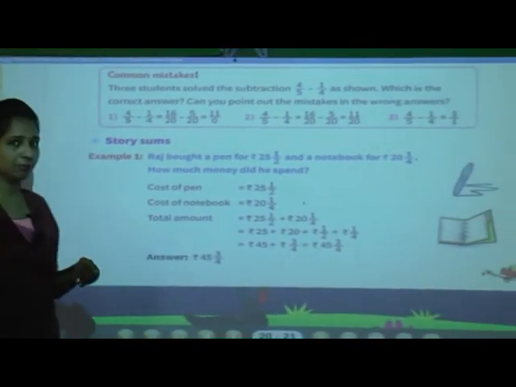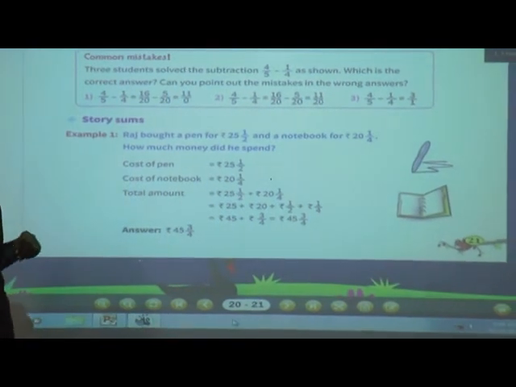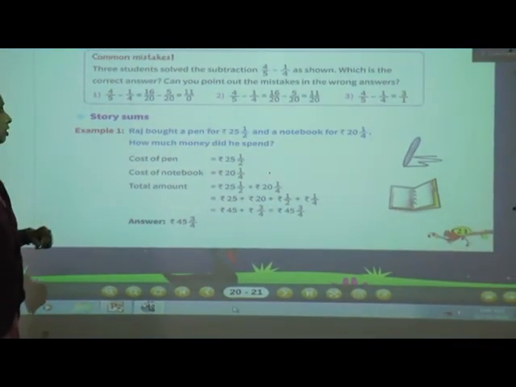So what have we solved in our last session, students? Yes, we have solved subtraction of fractions with different denominators. I hope you all have completed your home assignment. Some examples I have solved on the board. The remaining examples I asked you to solve in your rough book. On page number 21, they have given mistakes you can commit while solving subtraction with different denominators. So let me explain this.